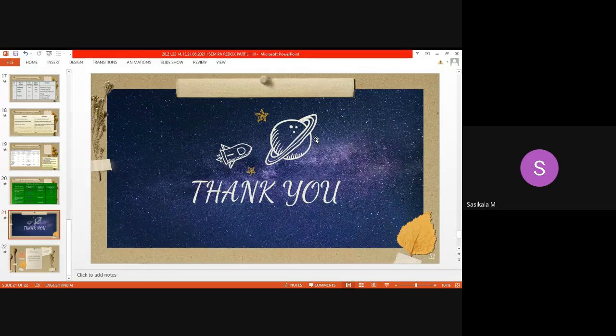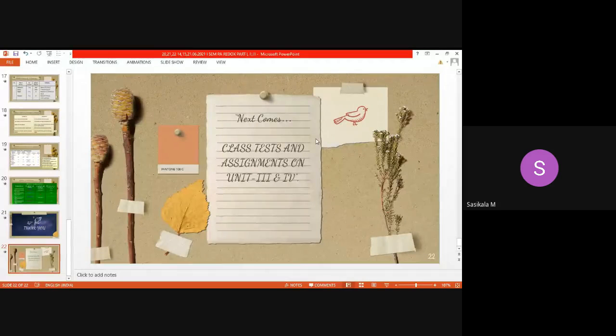Then with these redox titrations completed, in the next class you have to write a class test and assignments on unit 3 and unit 4. Tomorrow first hour we'll revise once again all the titration methods we have discussed, for the second sessional. I will post all the PPTs in the live class. Tomorrow morning first hour we'll revise all the techniques once. Then I will assign a topic with an assignment on this redox method.